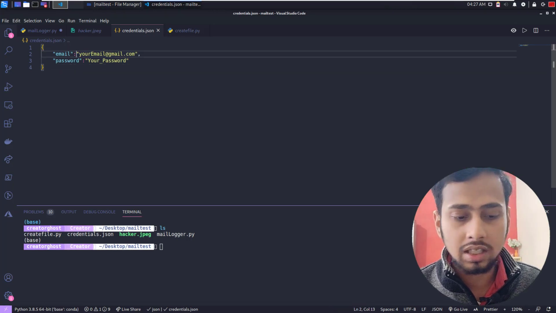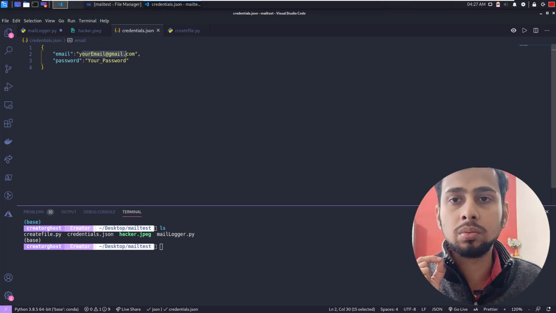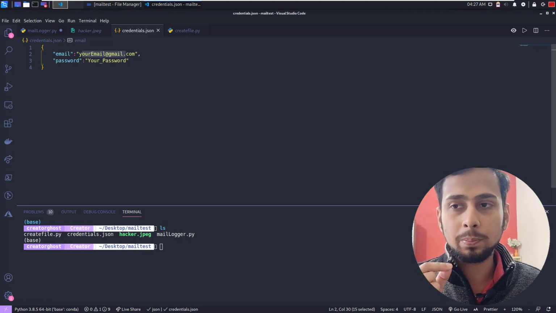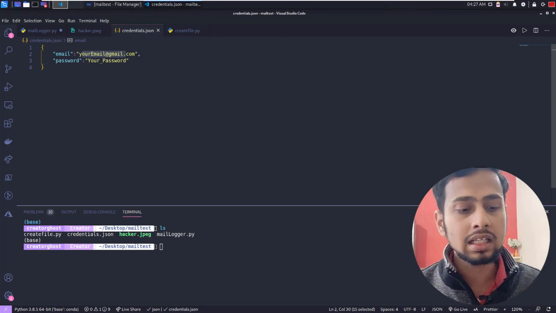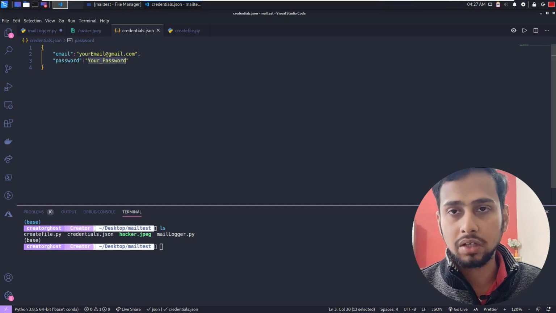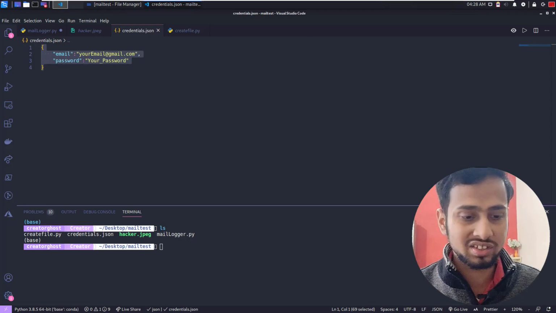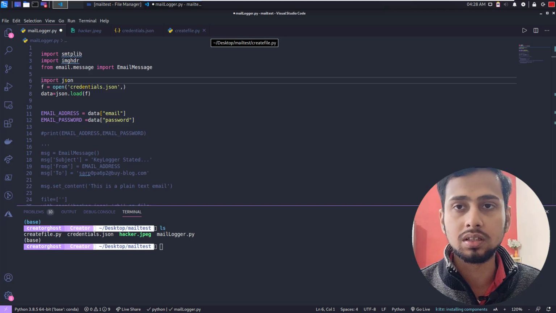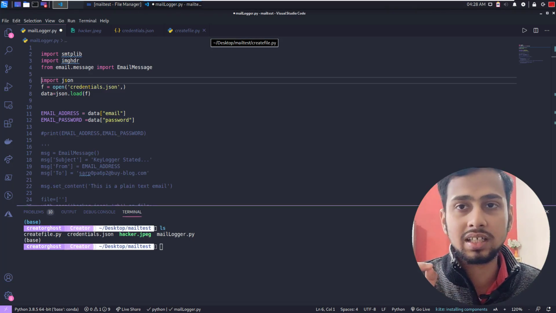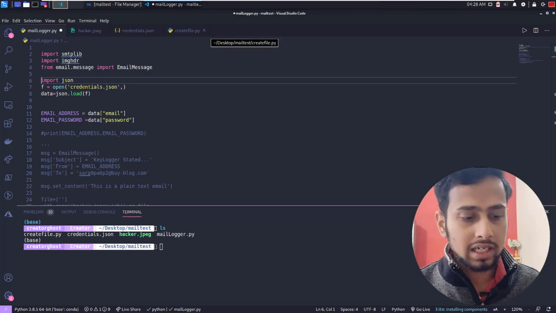Here is the email field where you have to enter your email, and this program is meant for Gmail. If you are going to use Gmail, you should make sure that your less secure apps setting is turned on, or else you are not going to be able to send mail through Gmail. And then you have the password, so you can enter your password here. I'll be entering my email and password so that you cannot see it, of course, and you can just avoid giving this credentials.json file to any other people. You can simply tell them to create the credentials.json file, and then this program is going to run. So that is for that.